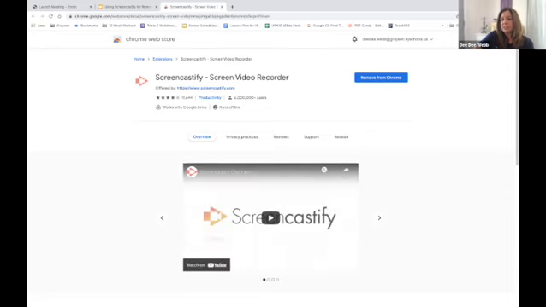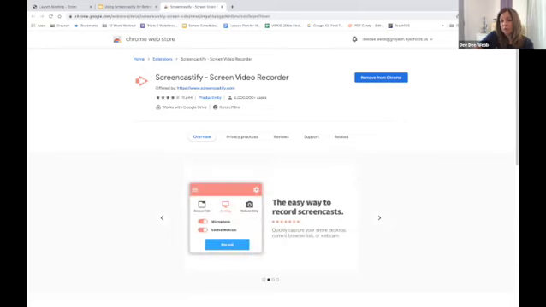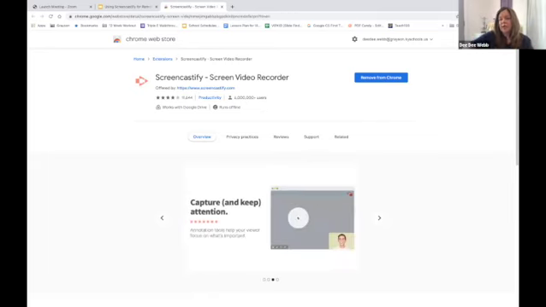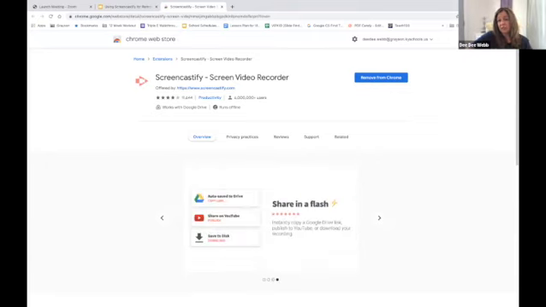Once you have installed it, you are going to see it up in the extension toolbar in Chrome. Some people have many extensions in their toolbar. So if you don't see it, there is a little puzzle piece that shows all of your extensions.